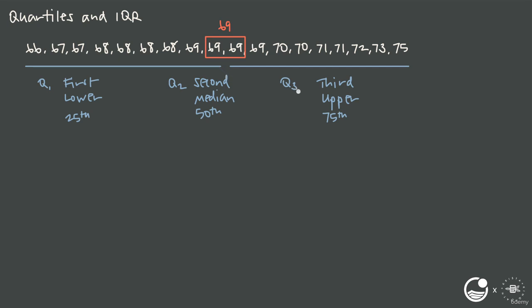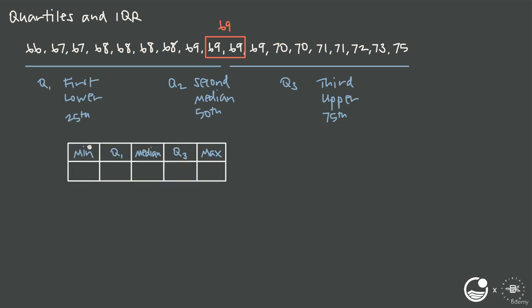But the 5-number summary kind of gives us a picture of both the center and the spread at the same time. So that 5-number summary is always going to include the same 5 values. It'll include the minimum and maximum values from the data set, so the lowest value and the largest value. In the case of this data set, of course, that's 66 for the minimum value here, and